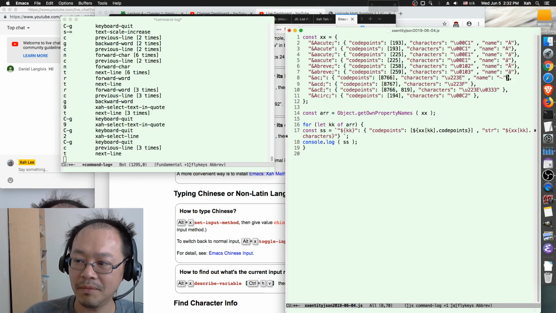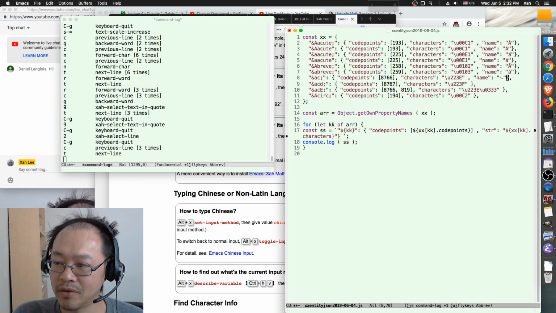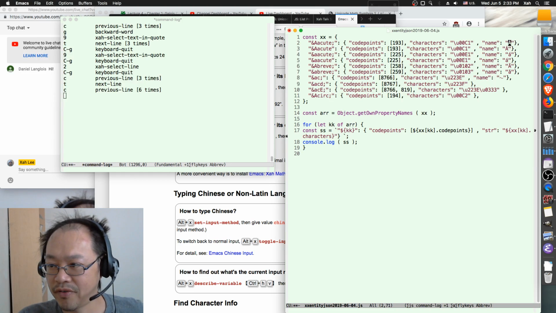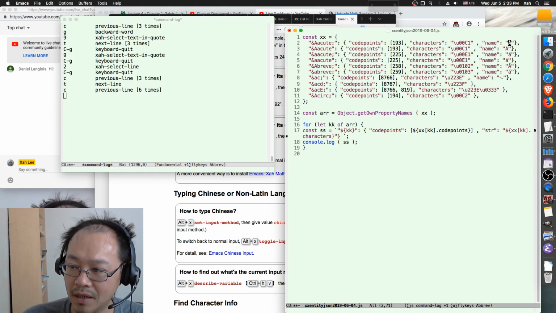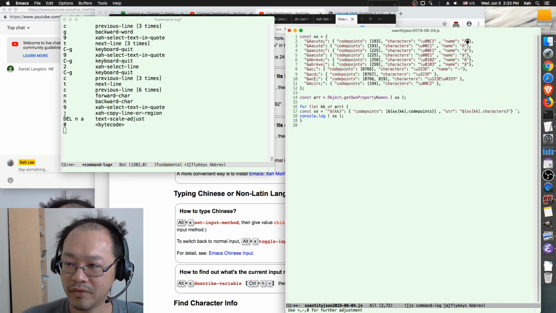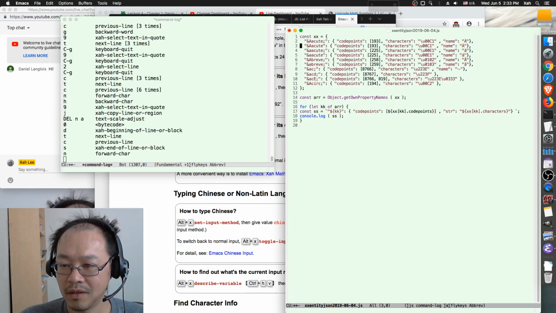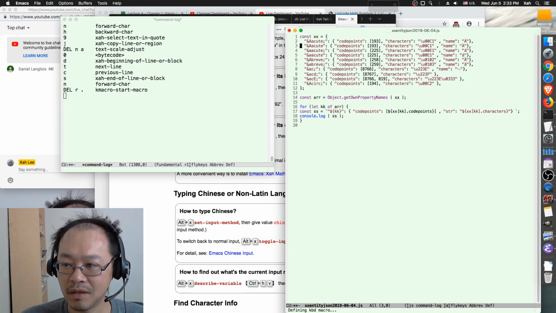so this Emacs macro, Emacs key macro, added the characters for us. The next step is to replace the characters with the Unicode name. So let's do that. First of all, shrink it a bit so you can see. Let's record another macro. Start macro, go to the end,